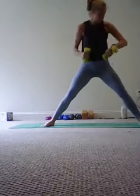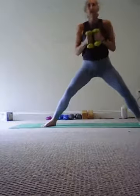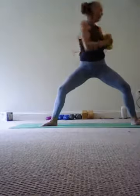We're going to bring those weights down. Whoops. We're going to bring them into our plie squat, and we're going to just rotate to the front and back. Front, back. 8,